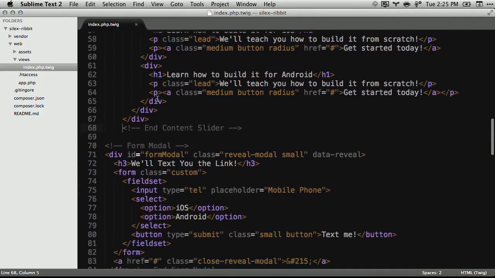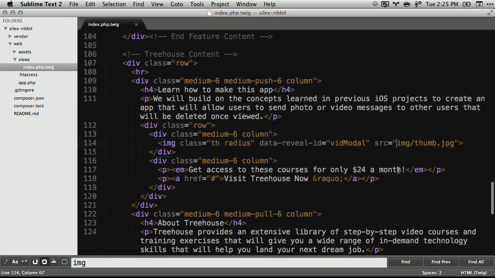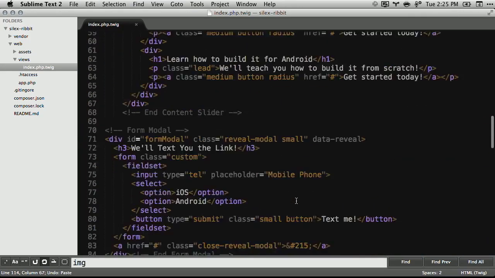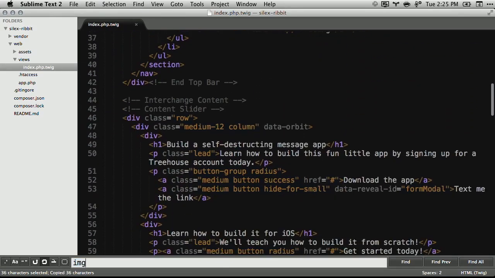We'll head back to our index file. We're going to look for an image tag. All right, there we go. So now, again, we can paste in the same information here. It's still going to be in the assets folder, except now,